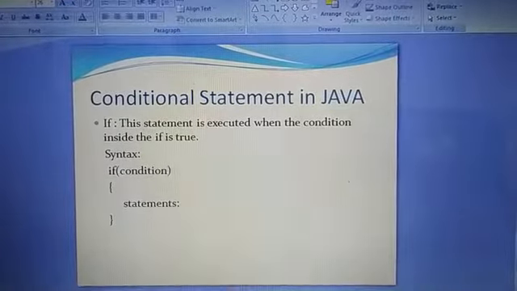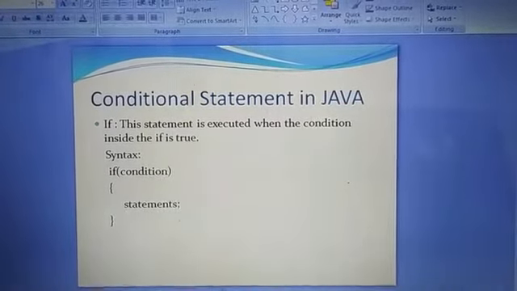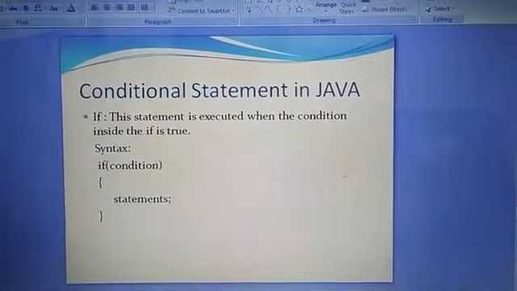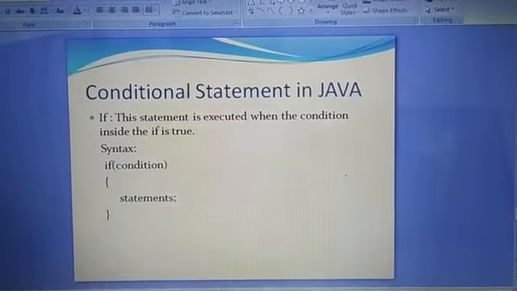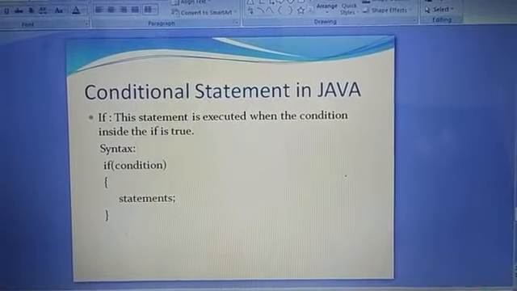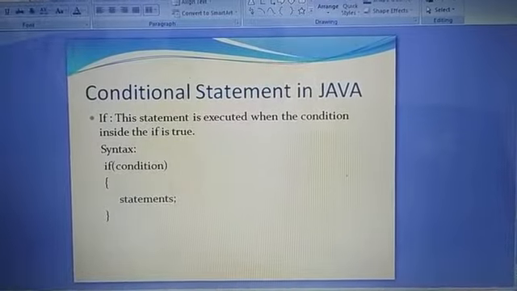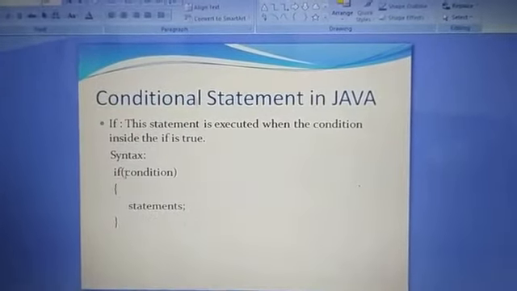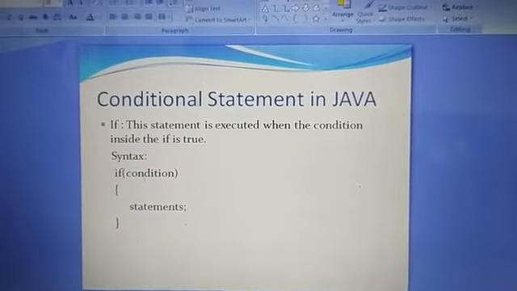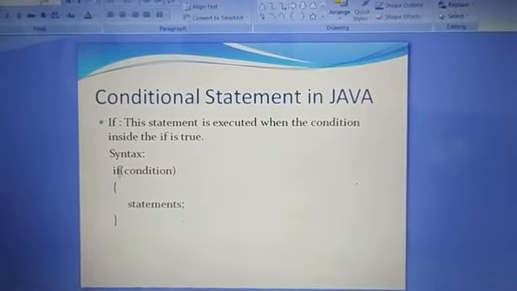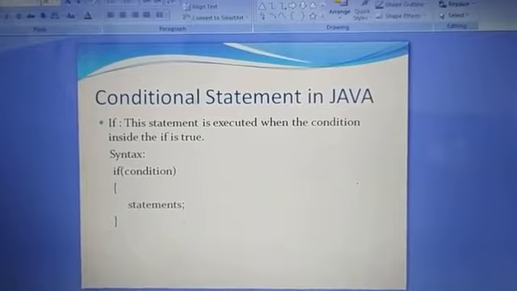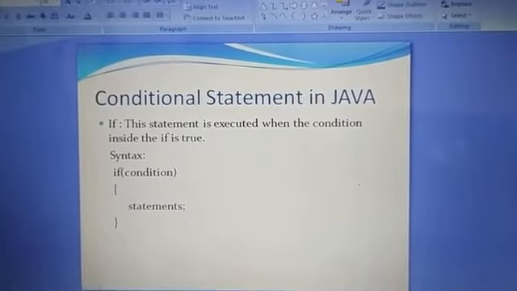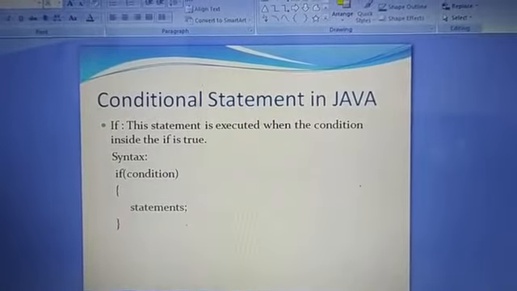If the condition is true, then only the statements written inside the if block will be executed. Otherwise, it is not going to be executed. So the syntax is very important. It will come in the exam. If the condition is true, then only the statements are executed. Otherwise, it is not executed.